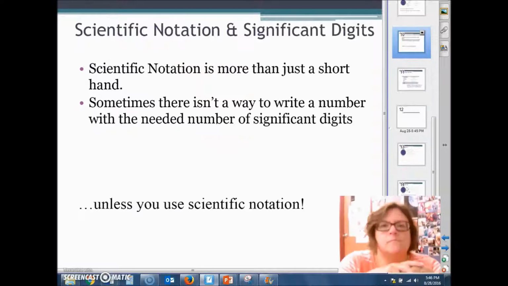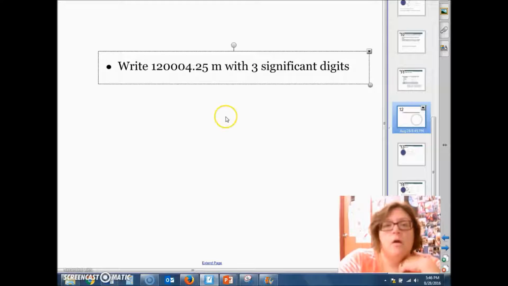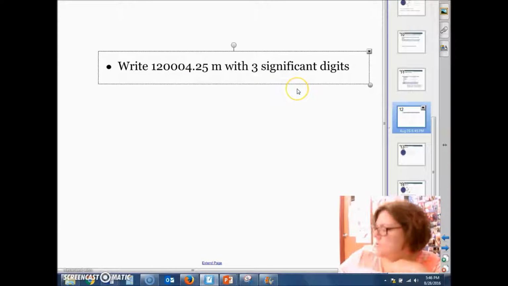Hello, I'm adding on to the last little bit on scientific notation to show you, first of all, that we can use it with significant digits really, really easily. For instance, this number, if we were to write it with 3 significant digits,